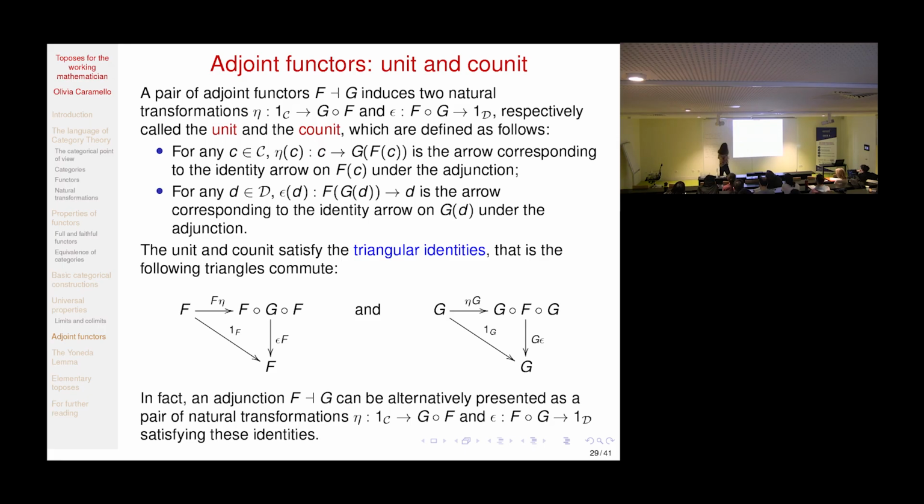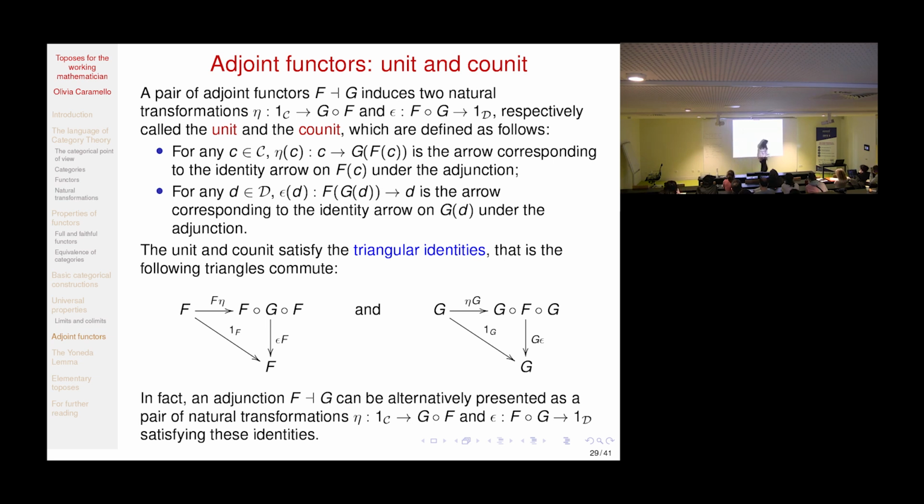Okay, so again, if you want to understand all of this in full detail, I suggest to write down on a piece of paper the verification that if we have an adjunction, then the natural transformations defined from it in this way satisfy the triangular identities, and that conversely, if we start from two arbitrary natural transformations satisfying these triangular identities, we can build from them an adjunction